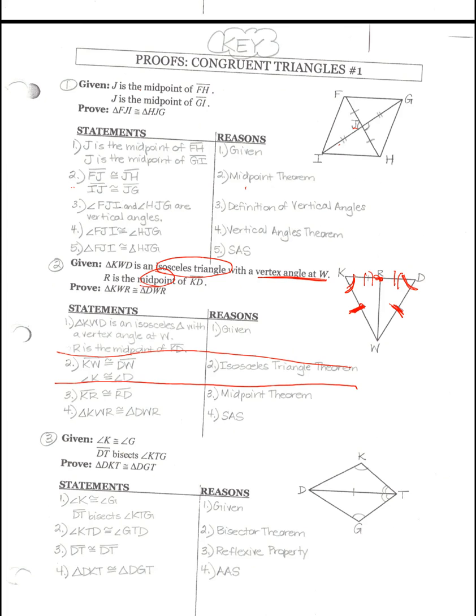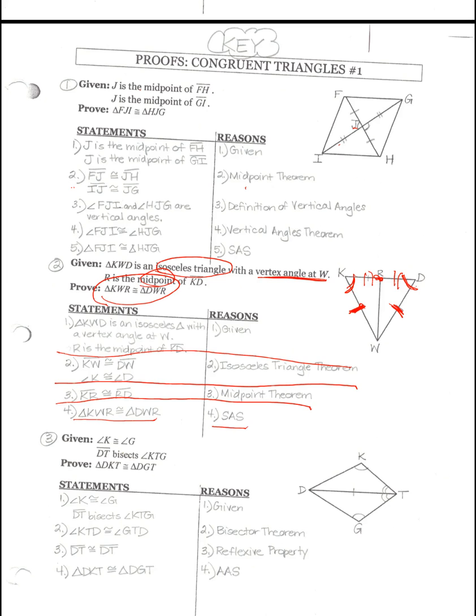So we have the right to say segment KR is congruent to segment RD by the midpoint theorem. Now, looking at each triangle, you can see that they each have a side, an angle, and a side marked. Side, angle, side. So we now have enough information to prove triangle KWR is congruent to triangle DWR